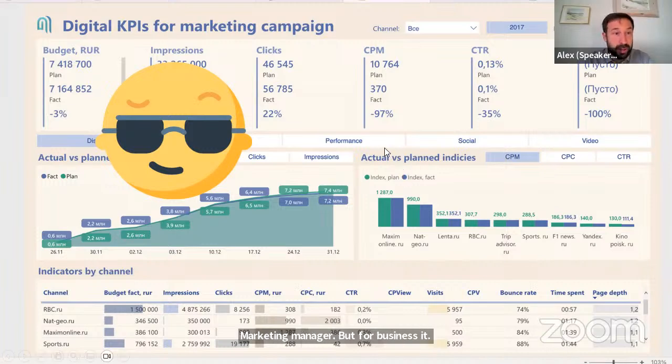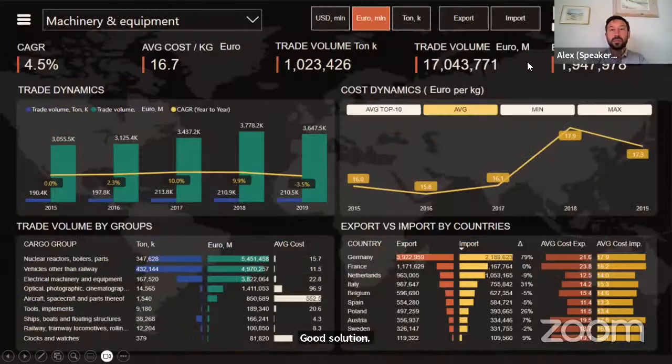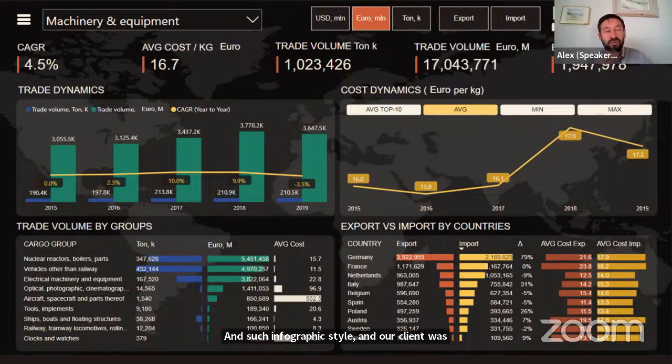So, next story. This dashboard is in an infographic style, and our client was one of the big four consulting companies, I mean, McKinsey, PwC, KPMG, and Ernst & Young or Deloitte, sometimes Big Seven.